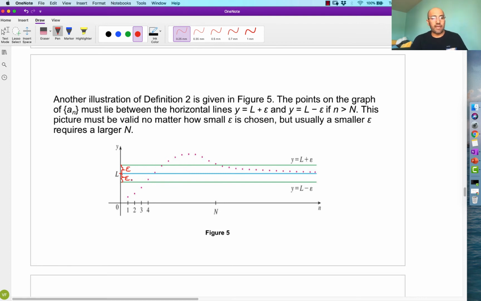And once they've chosen that small, tiny little number, then it'll be your job to figure out a capital N that is big enough so that all the other little n values that are bigger than this one, so that when n is bigger than capital N, all the little sequence values beyond that are going to be within epsilon of it. So if you play this game back and forth where every time they pick a number, you can figure out a value capital N, right? If you can always do that, then you've proven that the sequence converges to L. Right? Okay.